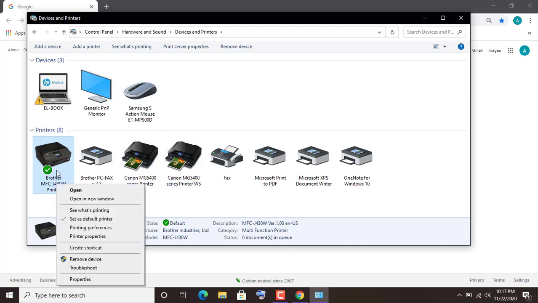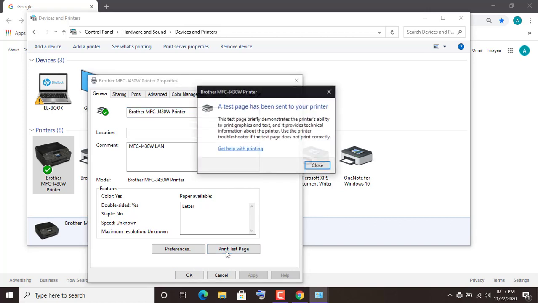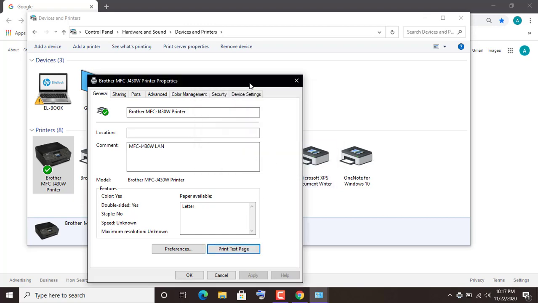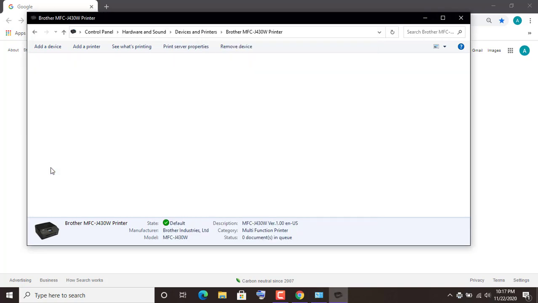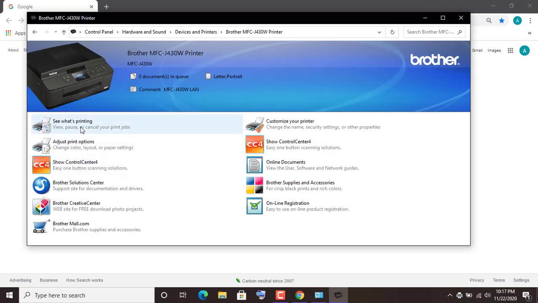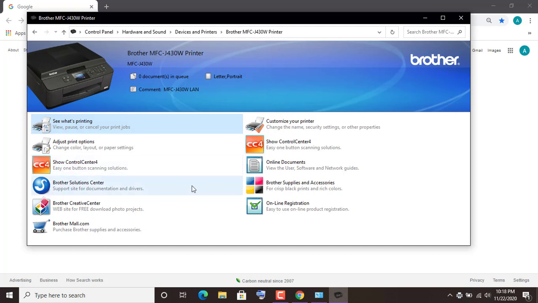Let's try and print a test page. So to do that, we can right click on the device itself, and we'll look at the printer properties, and from here we can just select the button that says print test page. So a test page has been sent. And in this case, the test page is coming out. If I double click on the device itself, I can see what's printing. It looks like it's already gone. And it did print out a test page already, so I know my printer is working, but